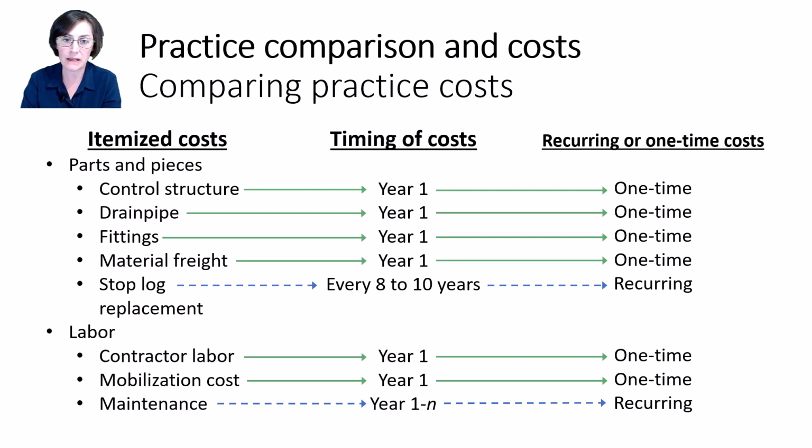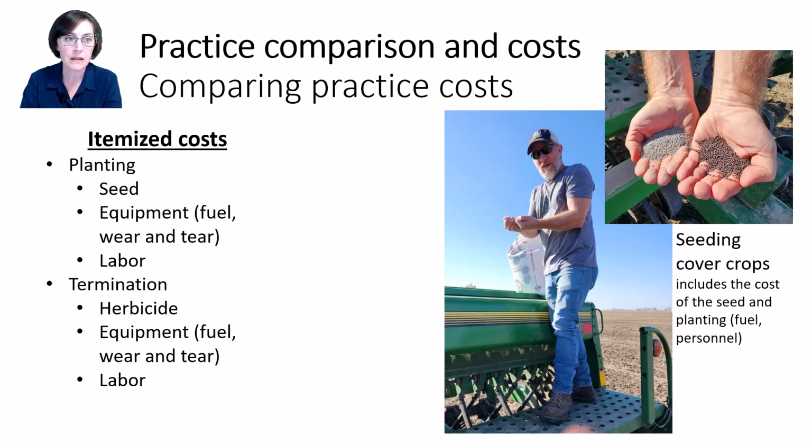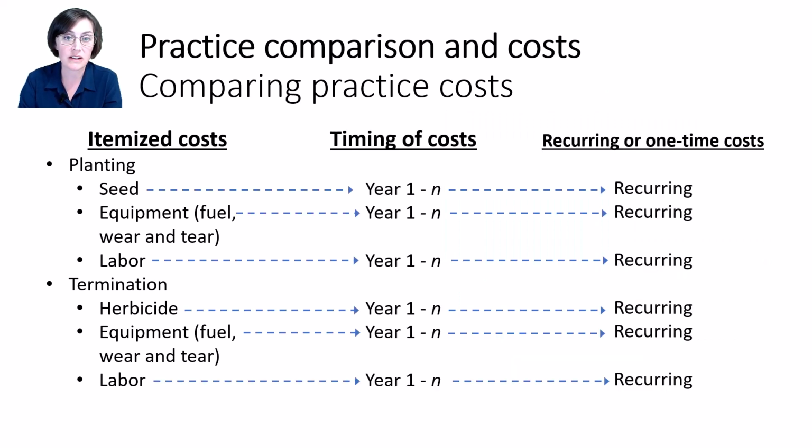Let's do another quick example for cover crops. I organized this itemization a little differently because this is a management rather than a structural practice. But you see, for the planting, you consider seed cost and equipment and labor cost, and the same type of considerations for termination, but obviously your itemized costs would depend exactly on how you decide to terminate the cover crop. So what I'm showing here is just a general example. The thing I really want to illustrate is that all these are recurring costs that occur every year that you